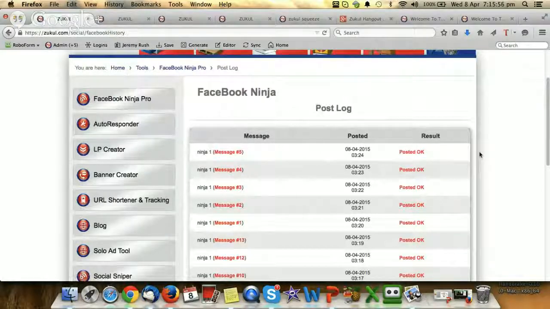Now what this used to show you before was a lot of programming language, and we thought, well, that's okay for the system to see in the background, but you don't want to see that. So now what we've got is, on here it says your message. As I'm going to show you in a minute, I've got my message template set that I set up, called Ninja 1. This was the actual message that was being sent out, message number 5, and it says